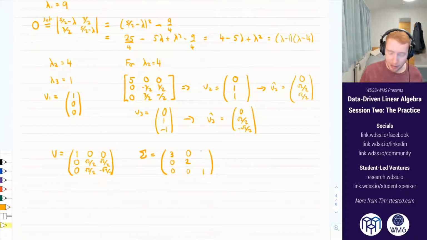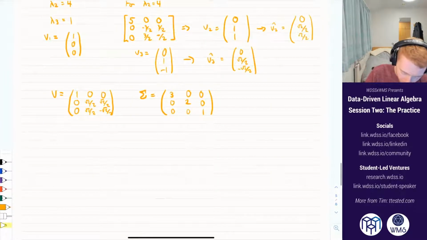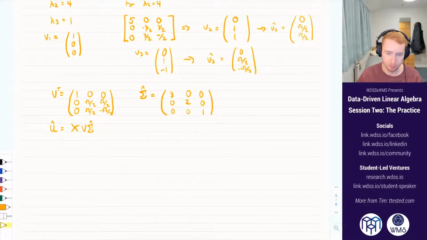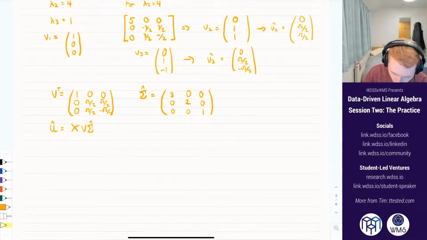And so now I'm going to leave it as kind of an exercise for you to compute what U is. So U is going to be, oh sorry, this is the hat version, the economy SVD. U hat is going to be X, that's V transpose, XV sigma hat. You can compute that for yourself. And what did I get? I get for that, if you do the work for that, we won't do it now,